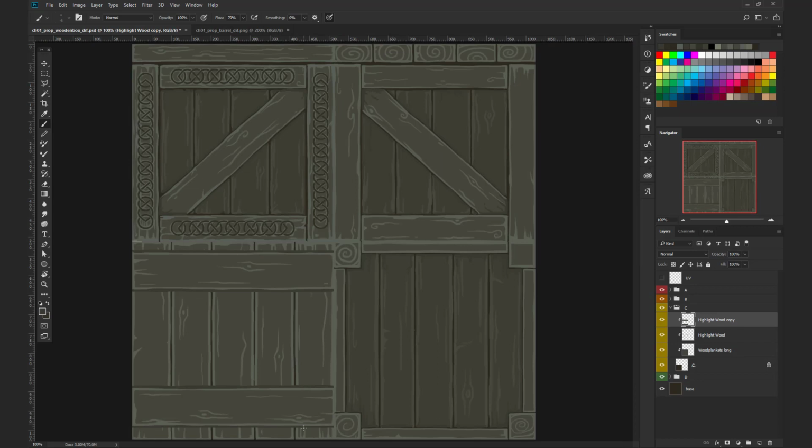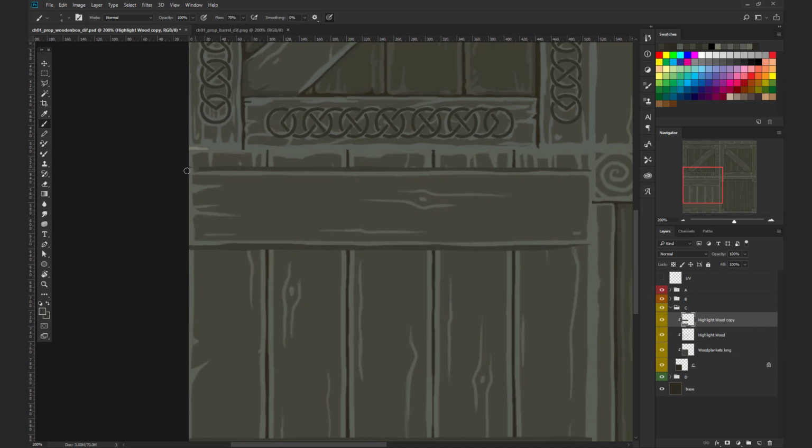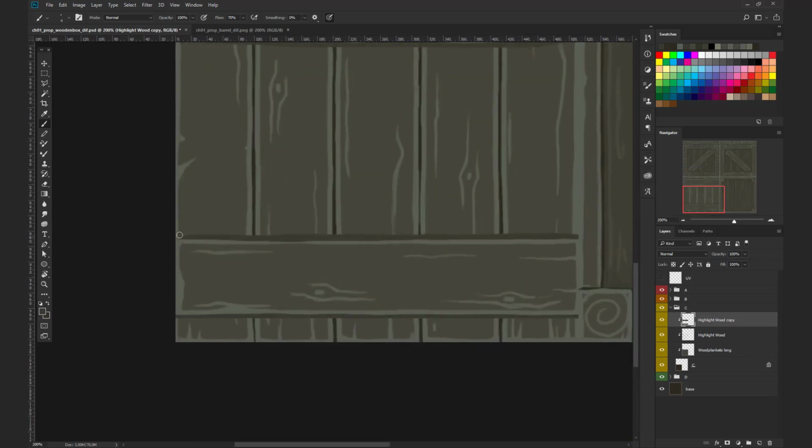So, the only thing, no, basically everything's fine like this. Probably I will reduce here the shadow parts a little bit so it isn't too thick here. Here as well. Probably here and here. So,